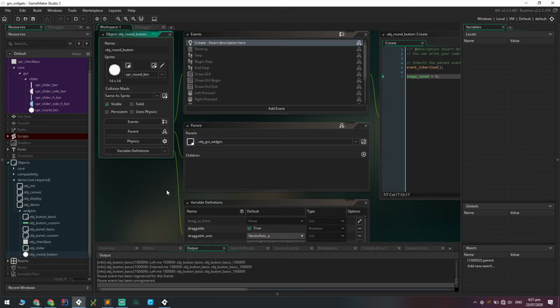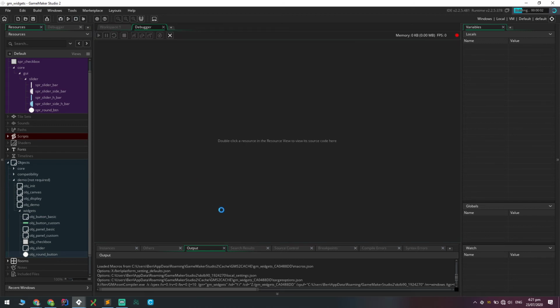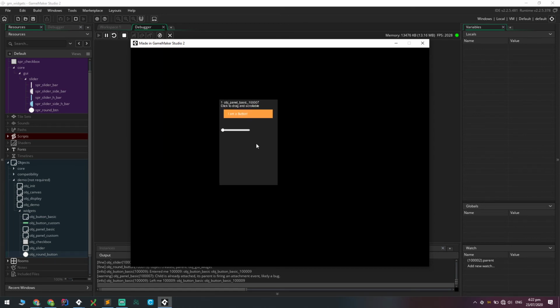If we come back into our button and we scroll down to boundary, and we just update the boundary here, and we make it parent. So now we're the boundary of our slider. So let's run that again, and you can see that working. There you go, boom, we have a slider. So that's cool. So now we have a slider,